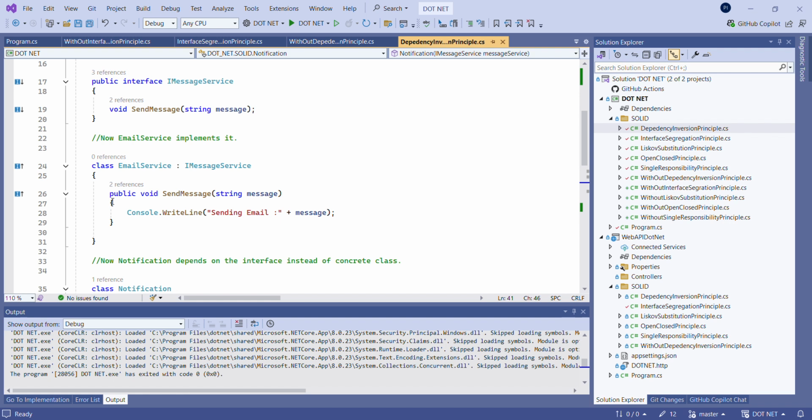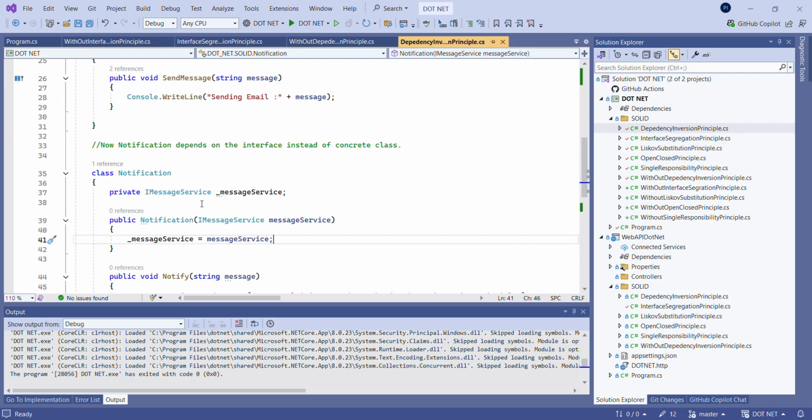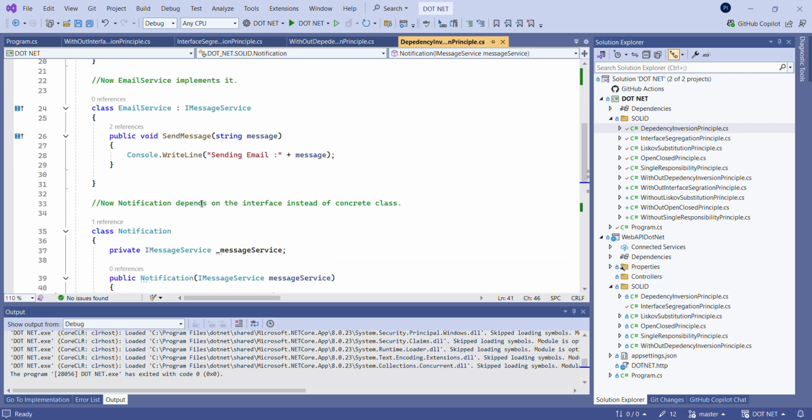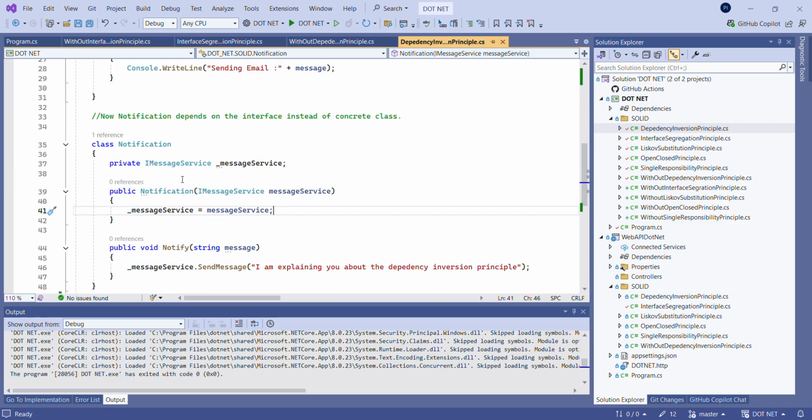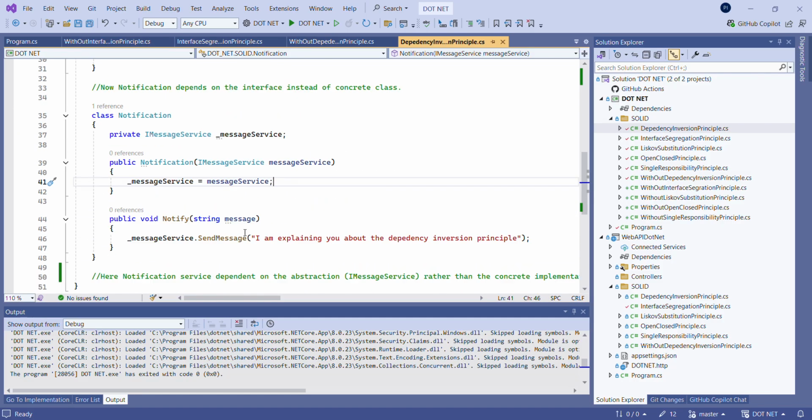We got a method here, sendMessage. Now we are not directly creating an object for email service here. We are creating an instance of IMessageService and sending an object of email service to the IMessageService instance